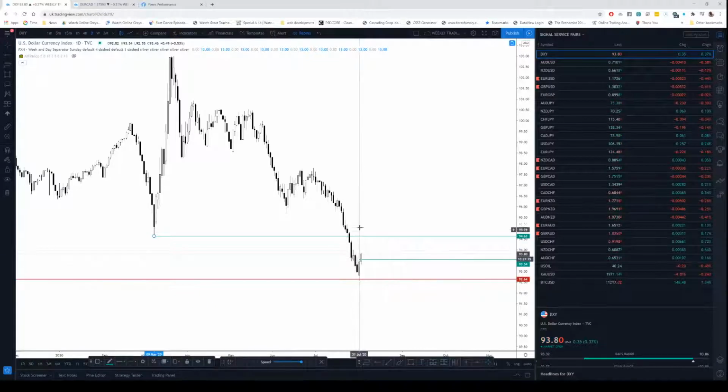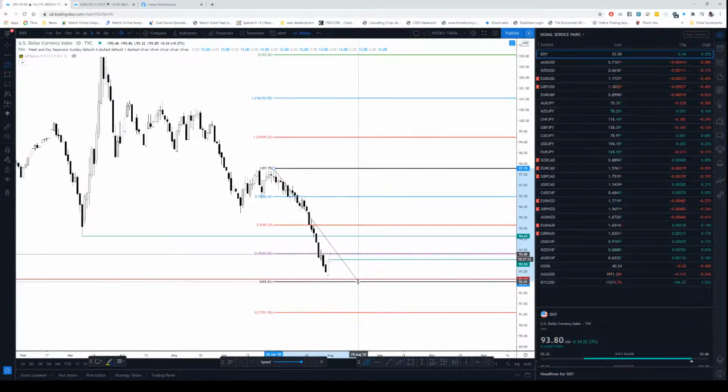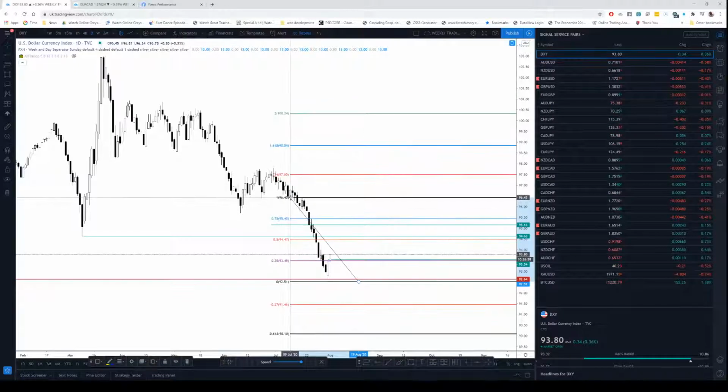Now that this low has formed, that should be our first target, and then the second target will be if I measure this range. We do have a couple of ranges in here, but I'm gonna do the overall range. We do have a swing high in here, one in there, and then the main one up here. So I'm gonna do the big one, right? I'm gonna place a line right here, and then I'm gonna go to the next one, and that is right there, and then the last one is here. Okay, so we can see